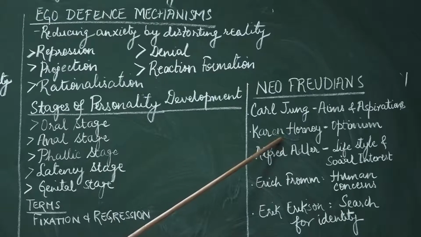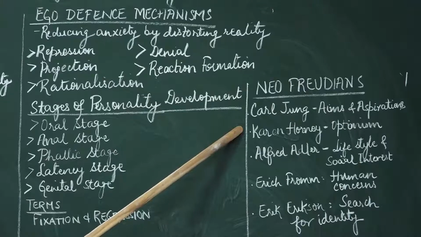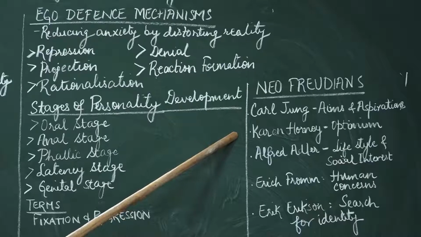Next we have Karen Horney. Karen Horney proposed a view that most of the psychological problems happen because of disturbed interpersonal relationship during childhood. If the child has a bad relationship with the parent who is very indifferent towards the child or very discouraging towards the child, then the child develops basic anxiety and resentment towards the parents. By showing excessive dominance, also the parents can generate feelings of helplessness among the children, and this interferes with their